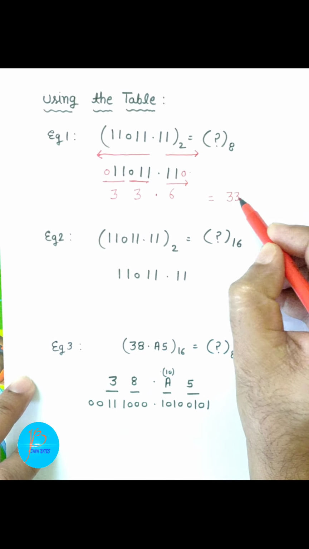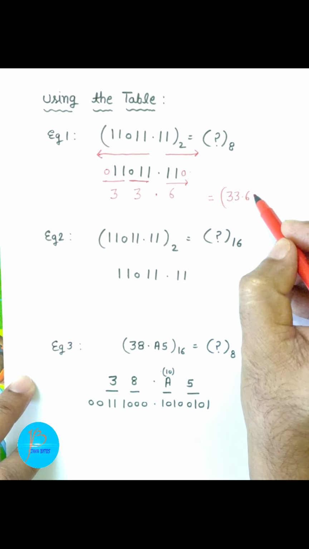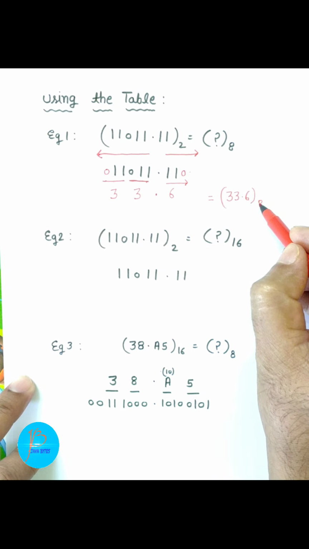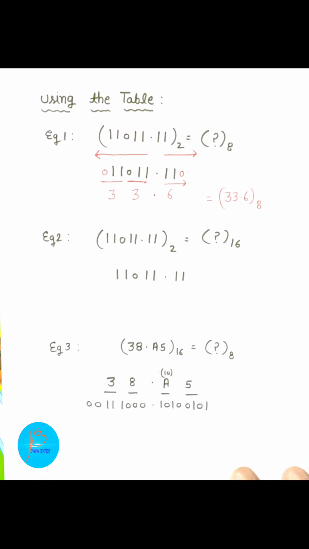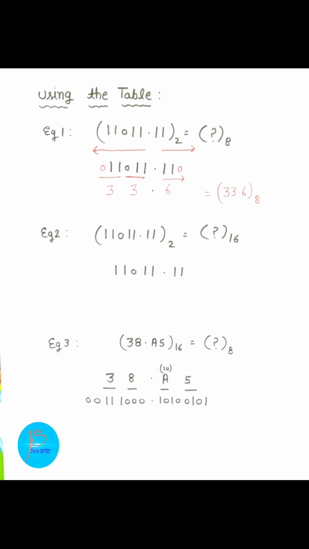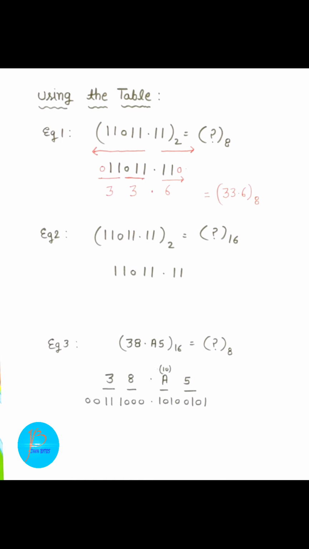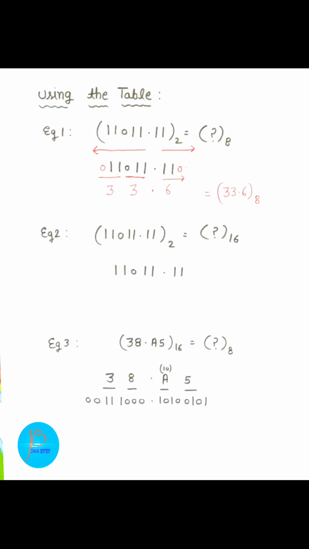You know that it is the same answer which we got in the previous calculation. So children, this is your octal equivalent. You can see that this approach using the table is very short and very easy. You don't have to convert the number into its decimal equivalent when you are performing conversion operations between binary, octal and hexadecimal.